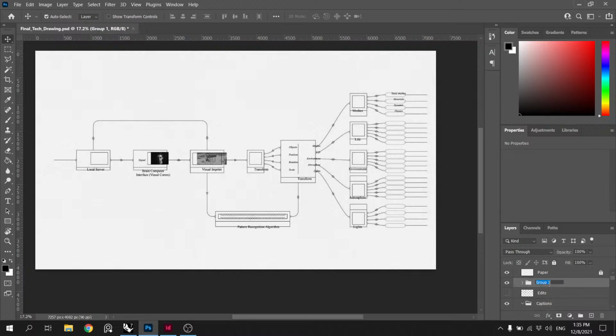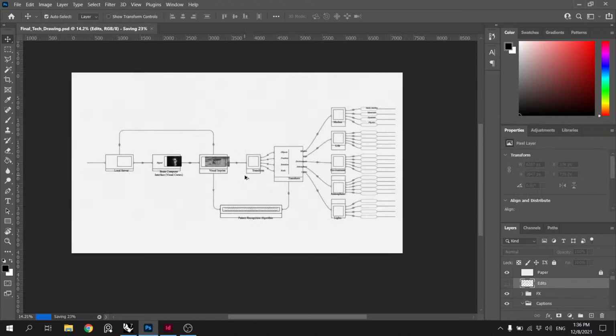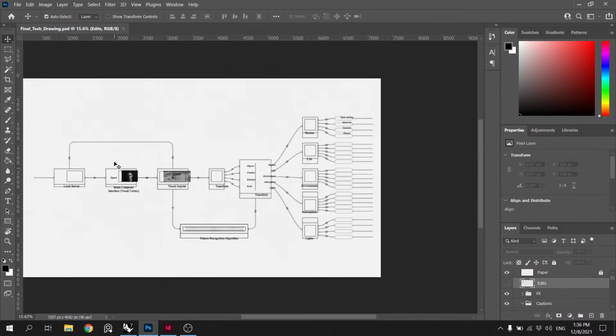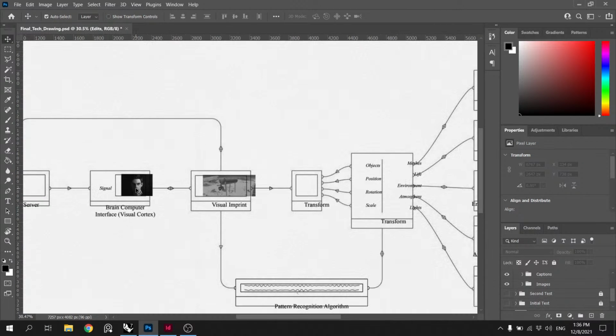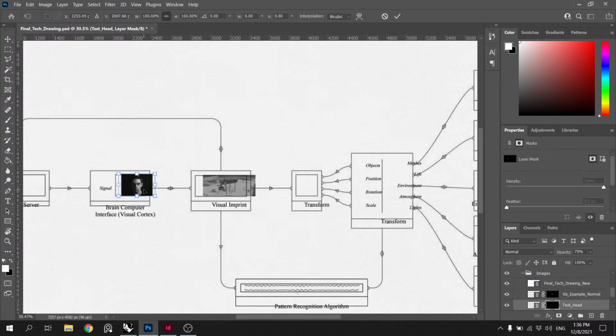Group that and call it effects. Like this. Edits. Save. Go to our images. Are they all open? Good. Test head. Move them over a bit.